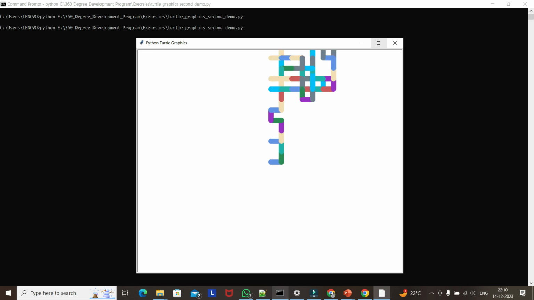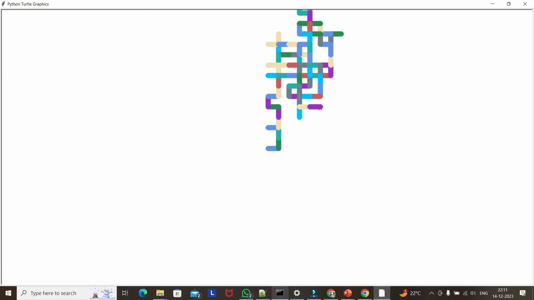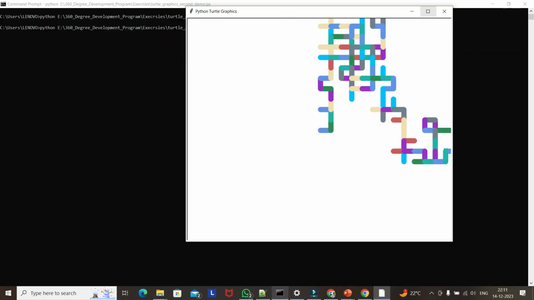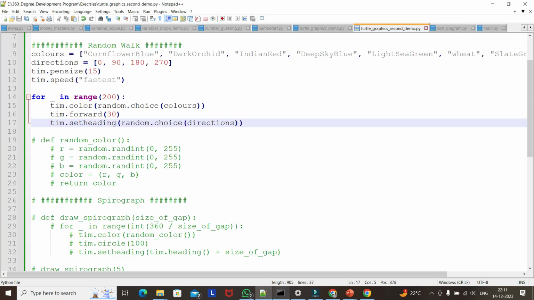So it is doing, it is changing its own direction. It's just now pointing towards 180. So it's for 200 times. So if we change to 300,